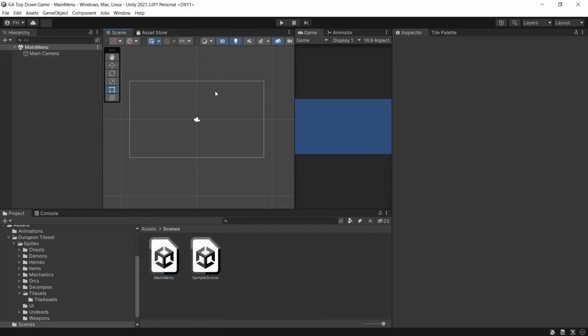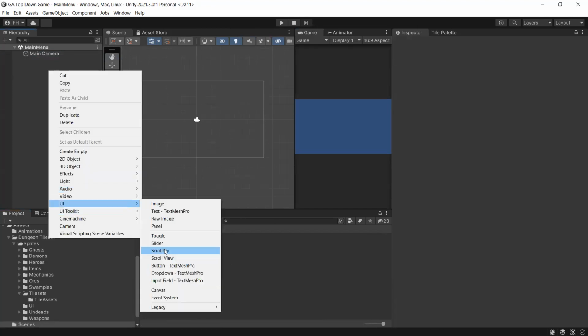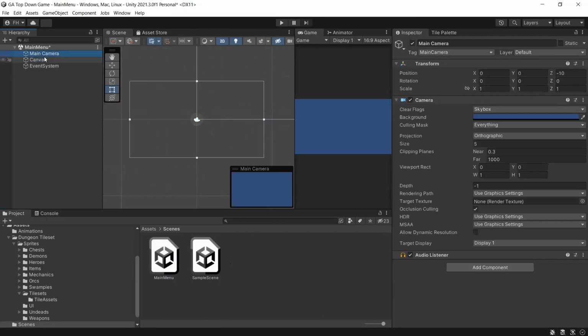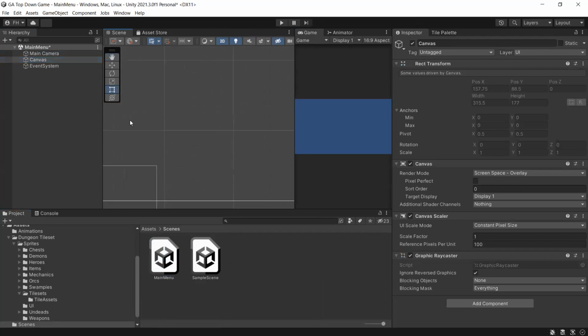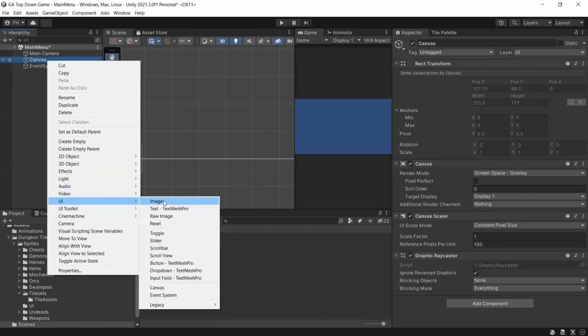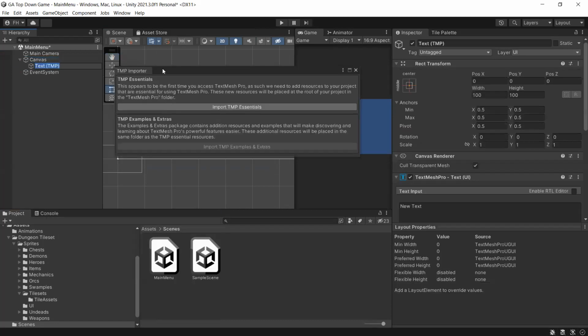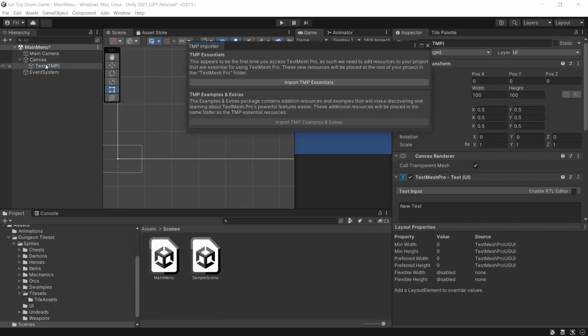So the menu is going to be very simple. It's just going to be, again, a canvas. So let's create that. Canvas. And we're going to create some simple, let's create a text, a title, and 2 buttons, one to start the game and one to exit. So as you can see here, when I